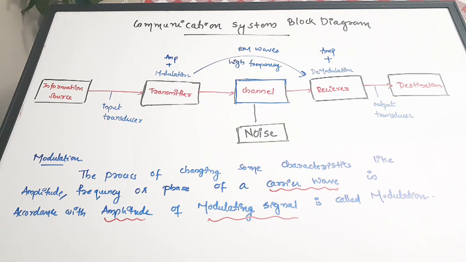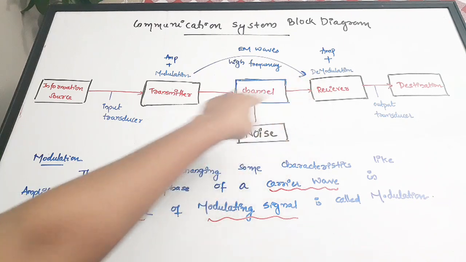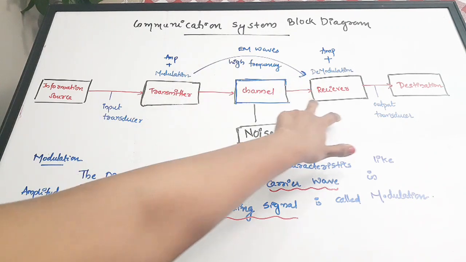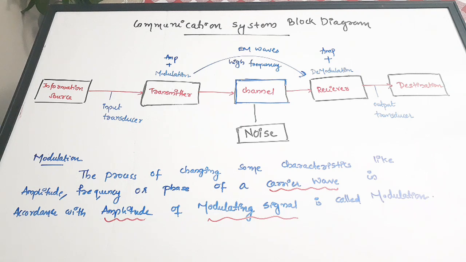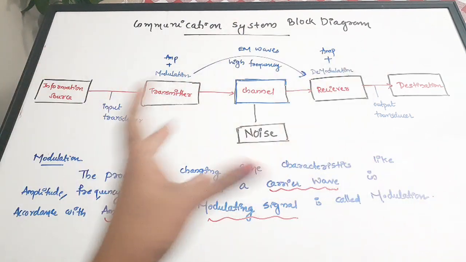For that purpose, we use a transmitter, we do some modulation, we make a wave of higher frequency, that will be an EM wave, and the wave will pass through the channel, and then the receiver will receive it. Then the receiver will pass the signal received to the corresponding destination. But in between the source and destination, there are a lot of other things happening. So let us see these various elements in between the source and the destination.